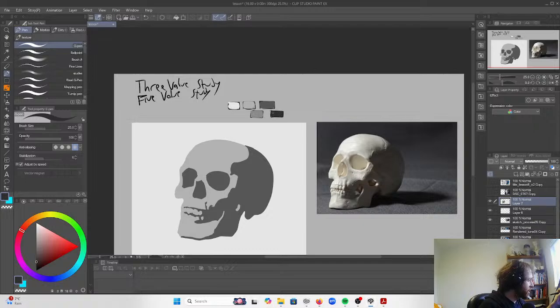And the reason I always try to go darker is because I learned to do this with traditional media, where you can make things brighter, like you can start dark and make things brighter with an eraser,